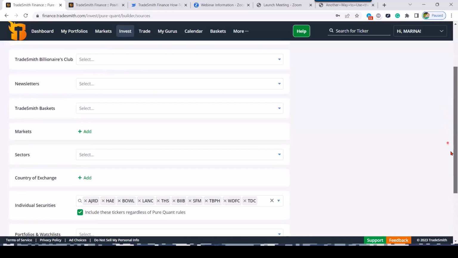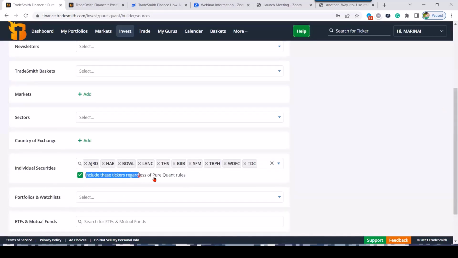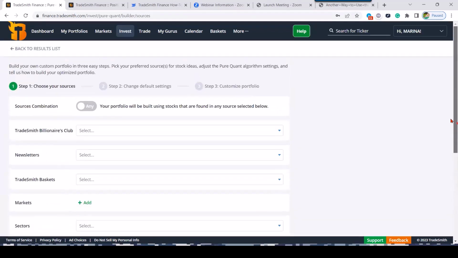All right. So make sure that this is also checked. Include these tickers regardless of the Pure Quant rules. And the reason why I say that is, remember, Bowl is currently in the yellow zone. As you will soon find out, part of the rules is that all the tickers must be in the green zone. The next thing you want to make sure that you have adjusted on step 1 is just make sure